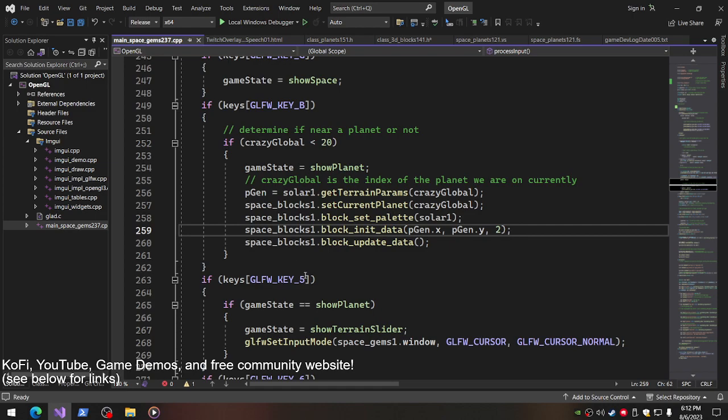Well, I started working on the game offline, and I thought I was just going to do little stuff, but I'm going to do some pretty big stuff, I guess. So, we're just working on the game. How's it going? Okay, so we're looking at the block init data here. It's only called 3 times: initialization, when the player lands on a planet, and then when the